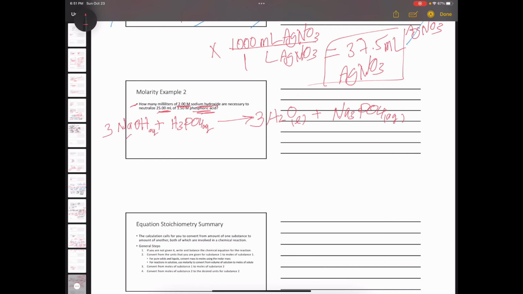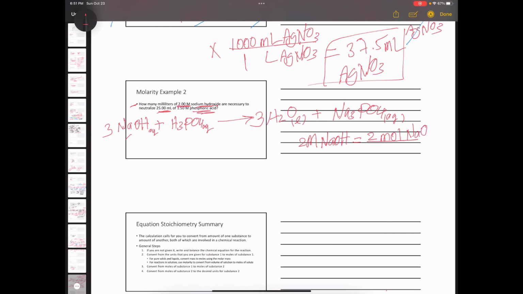So we are being asked to calculate the milliliters of sodium hydroxide, 2 molar sodium hydroxide. And again, going by what I advised you earlier, 2 molar NaOH, always write that in the conversion configuration. So that would be 2 mole